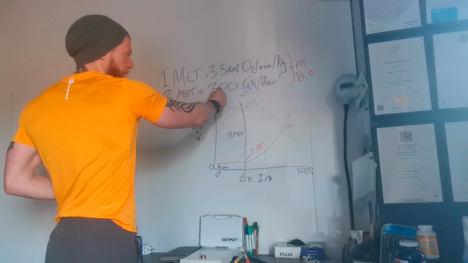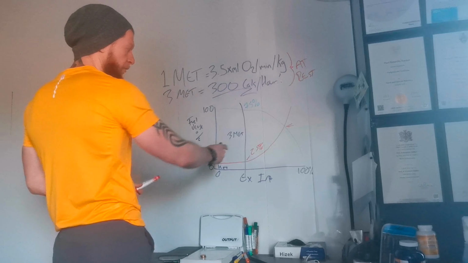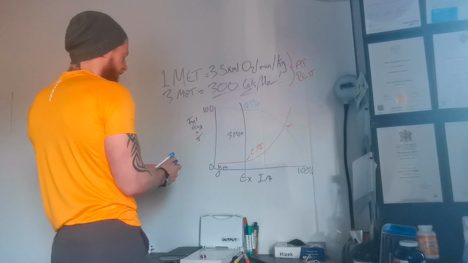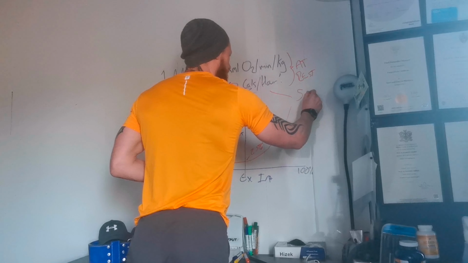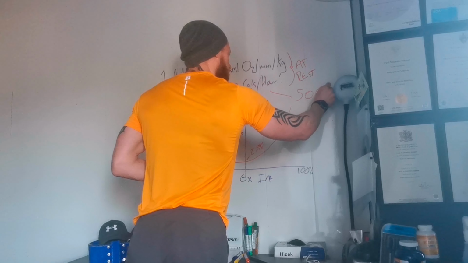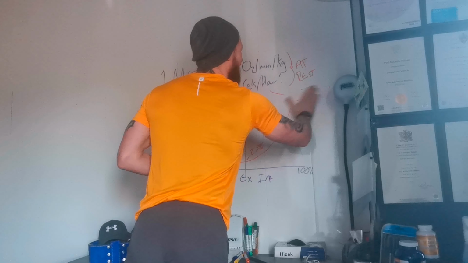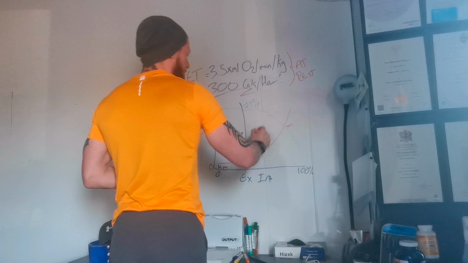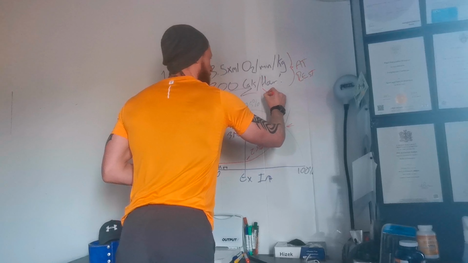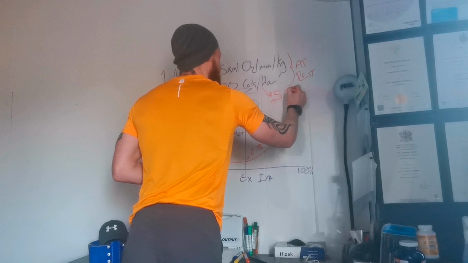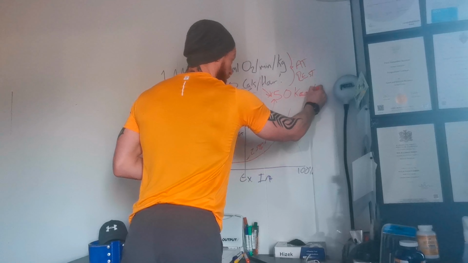So if we're burning 300 calories per hour, and we know 25% of that is coming from carbohydrates, because that's the one we're concerned about, that means we are going to be burning around 50 calories per hour. I've probably written that behind the thing so you can't see it. Let's change that. So we're going to be burning 50 calories per hour